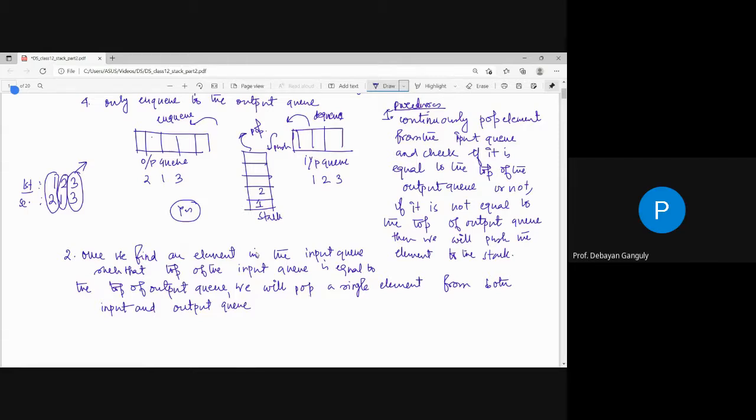We will pop a single element from both input and output queue and compare the top of stack and top of output queue now. If top of both stack and the output queue are equal,